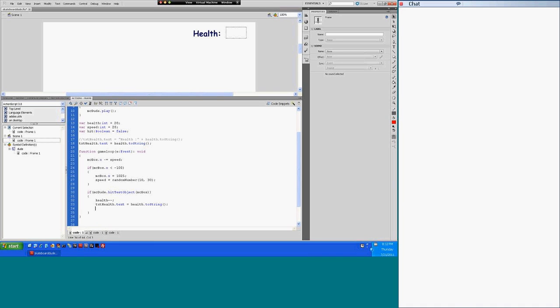We can say hit equals true. And then over here we use the word and. So if the MC2 was hit by a box and he was not hit, in other words, hit already,